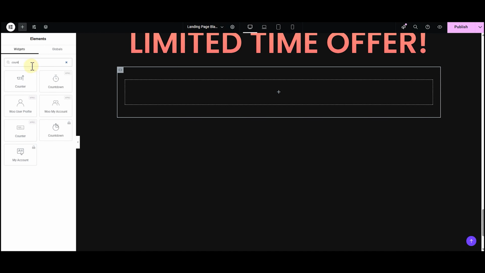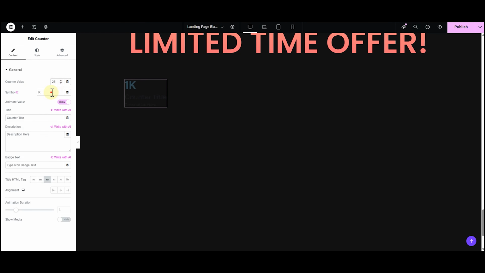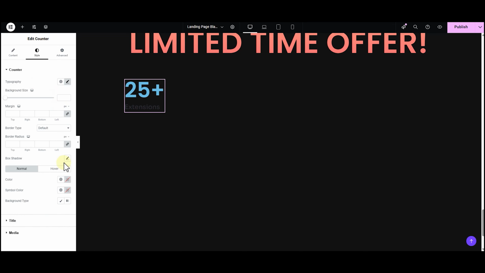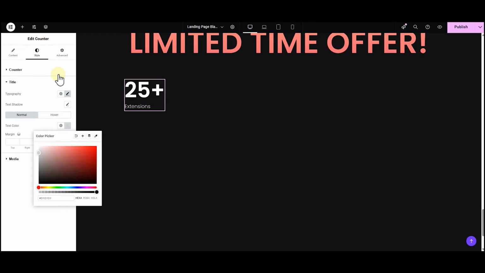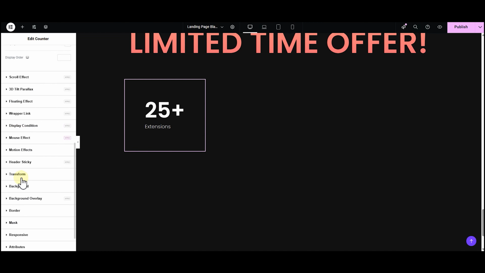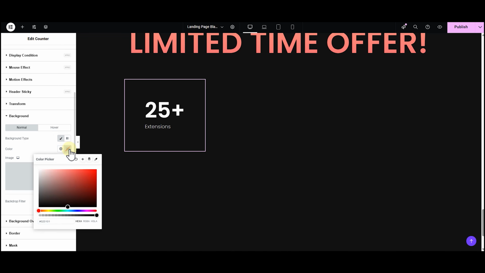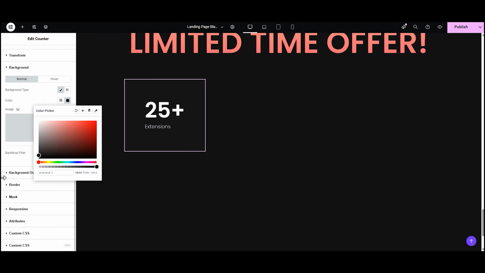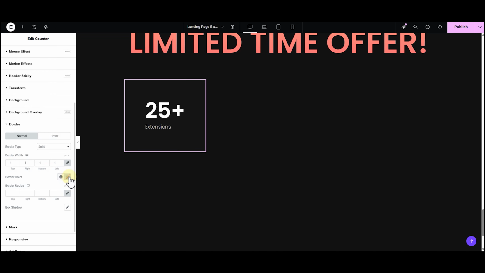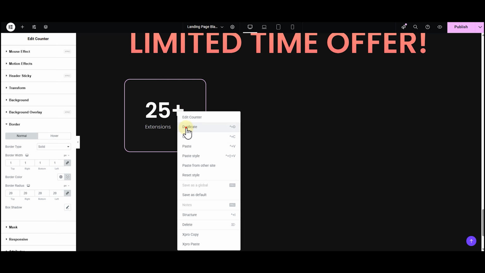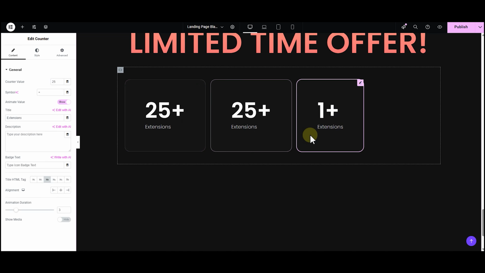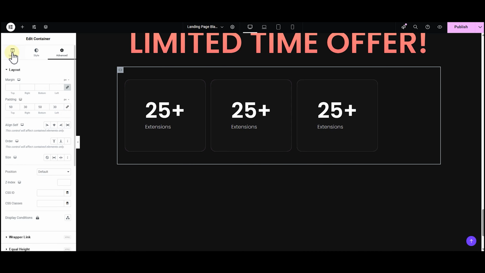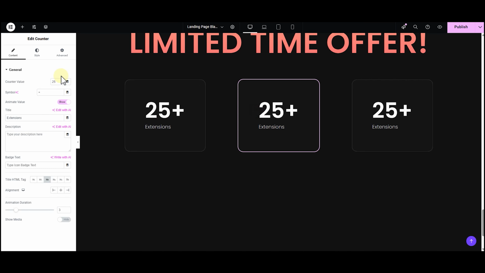Here, dropping the counter widget, adding the values and customizing the counter design to make it visually engaging. Let's duplicate it. They need some space among them, so clicking on a container and here selecting space between. Now they look nice and balanced.